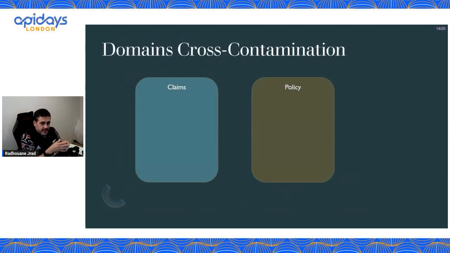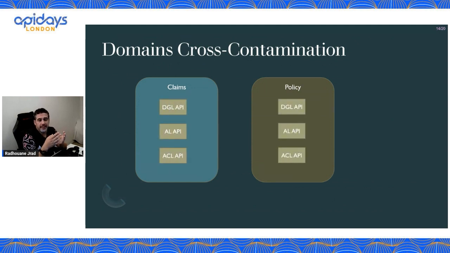Right. So here is an example of the claims versus policy. You have the 3-tiered or 3-layered architecture I talked about: the gatekeeping, the abstract, and the ACL API layers. So consumer A, somebody from the claims team, goes in, asks for some information about the claims. Hang on, we need to get data about the policy. So let me call the abstract layer API in the policy domain to get that data. This one here is a cross-contamination. You probably are doing this today if you're not doing DDD.